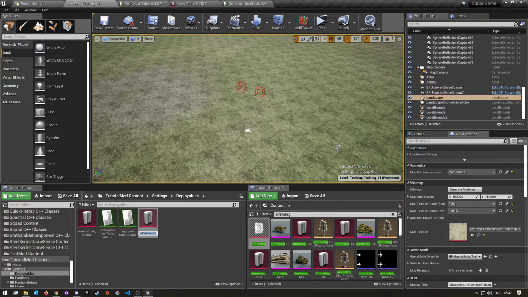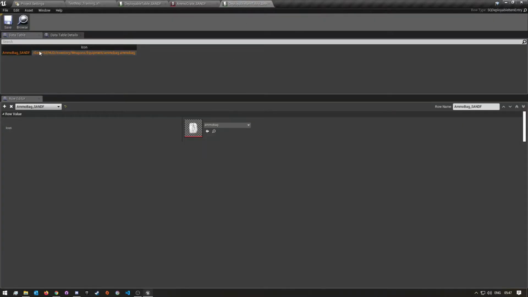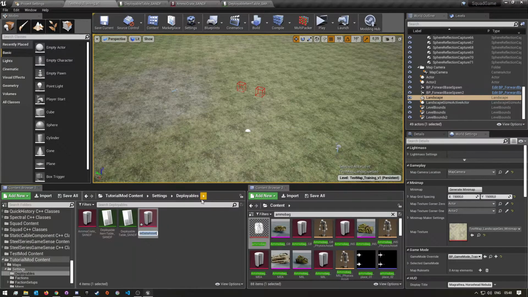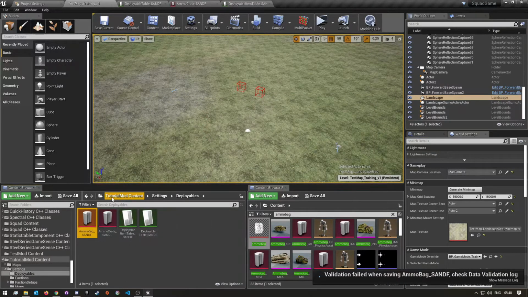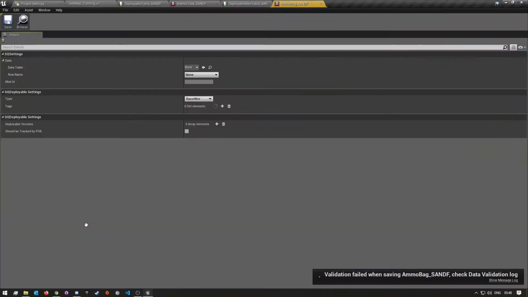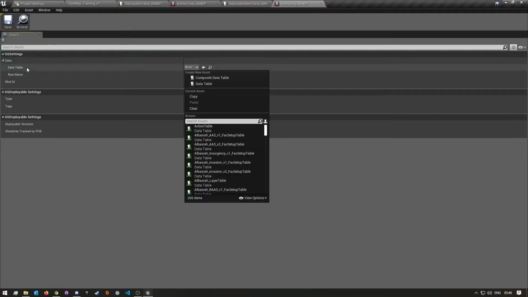And then you want to call it whatever you called it in here. So we're going to copy this name again, rename, paste, like so. And obviously it's going to give us an error. That's all normal. So after that, you want to open it, and again for the data table we're going to